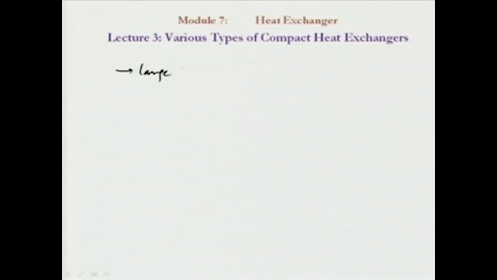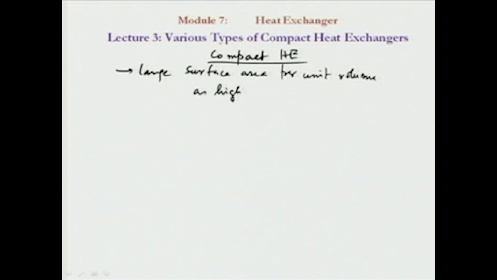That means the surface area per unit volume will be very high, and for a compact heat exchanger it could be as high as 1800 square meter per cubic meter. Typical examples of compact heat exchangers are plate type heat exchangers,